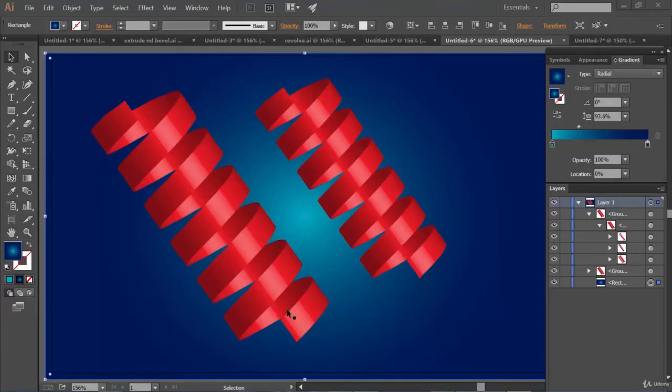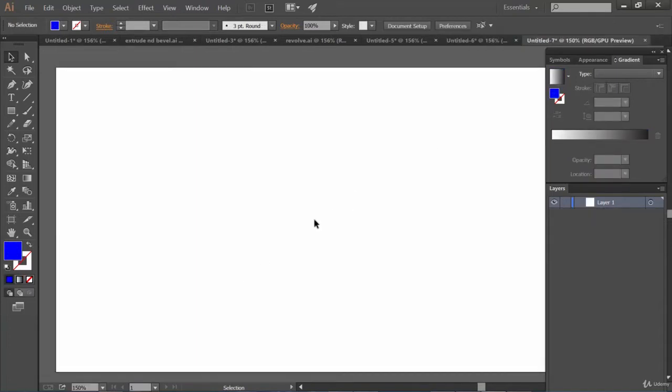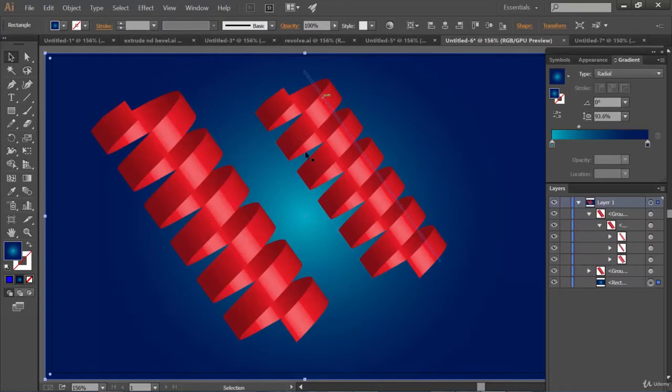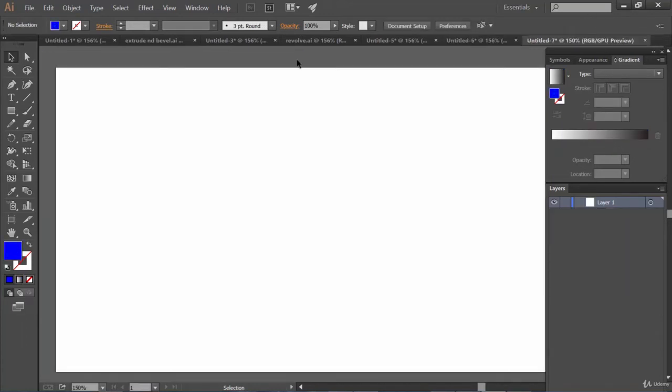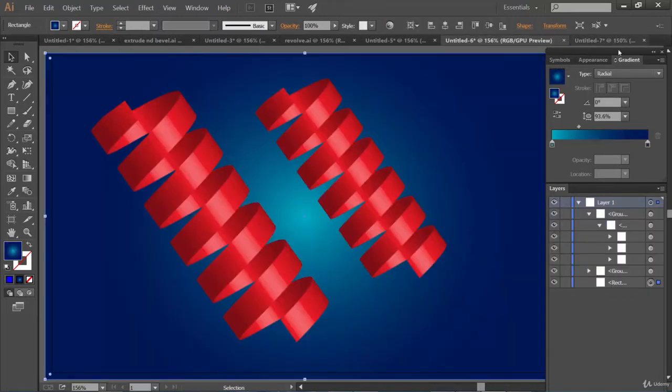Well, do you like these ribbons? If you want to create these kind of ribbons, then this project is for you. Yes friend, so let's come here. This is a new document and first we need to create this artwork and then we are going to implement it on a 3D object. Slowly you will get to know the secrets behind creating this ribbon.